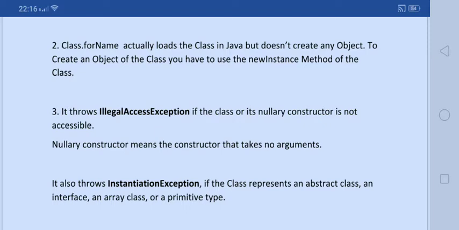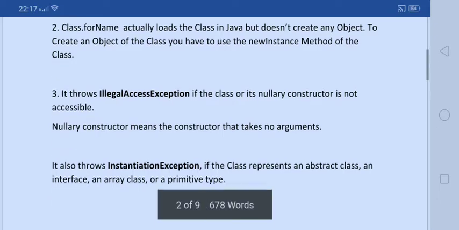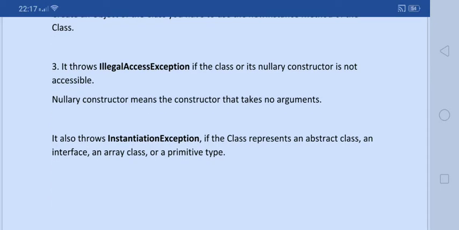As we discussed, Class.forName actually loads the class, but it doesn't create any object. To create an object of the class, you have to use the newInstance method of the class. Using this approach, there is a possibility of getting some exceptions like IllegalAccessException. This exception will be thrown when the class or its nullary constructor is not accessible. That time there is a chance of getting the IllegalAccessException,